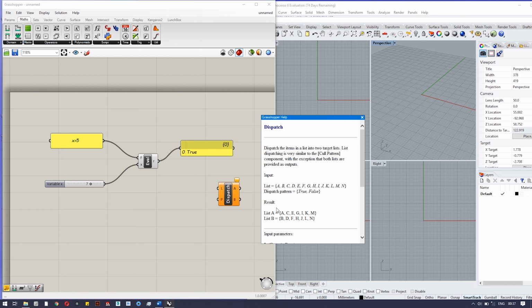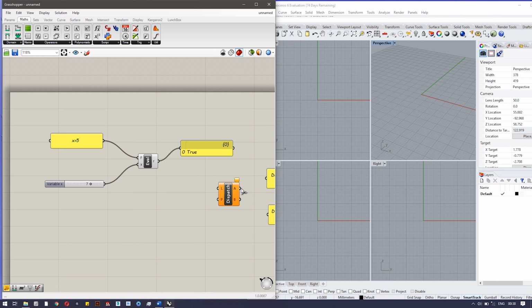Then it divides the whole list into true and false elements. A returns the elements which are true, B returns the elements which are false.